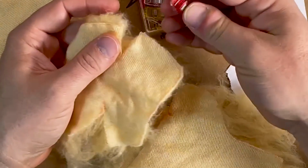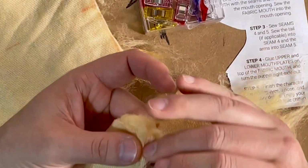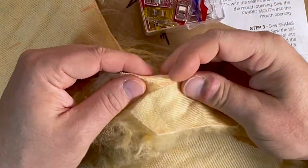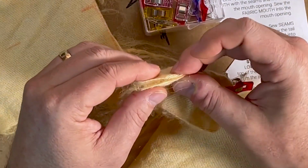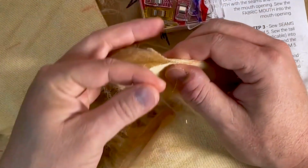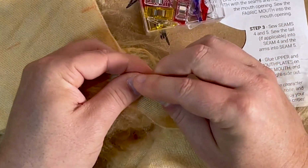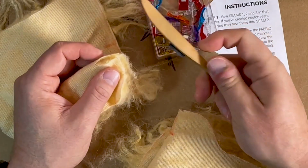Now on to the next step. What we're going to do is put all these pattern pieces together, starting with the darts on the face pattern. And I like to use clips, but if you don't have clips, you can simply use pins and pin them. And I'll show you how to use a pin if you don't know how. Pretty straightforward. You stick them in the top, through, down into the bottom, and that'll keep everything snug and not